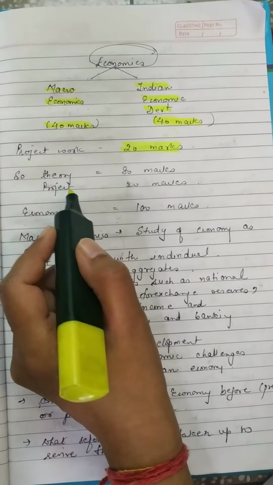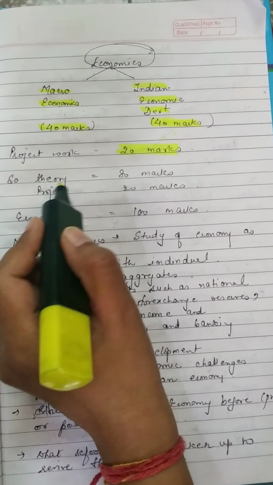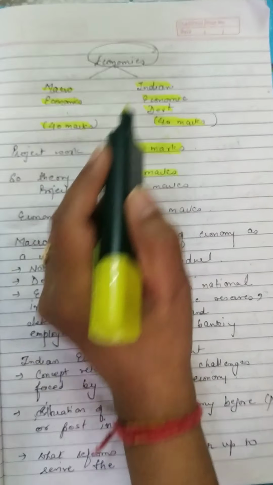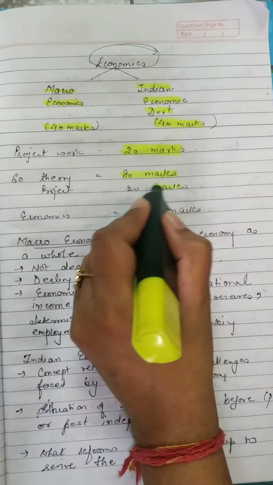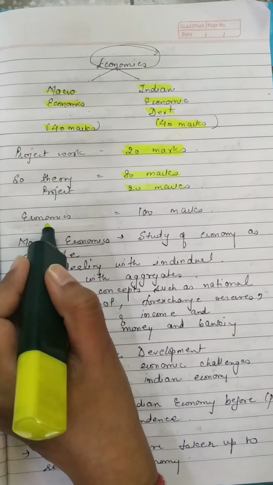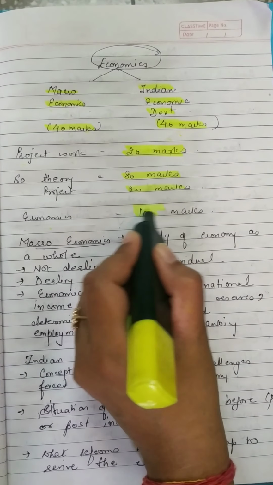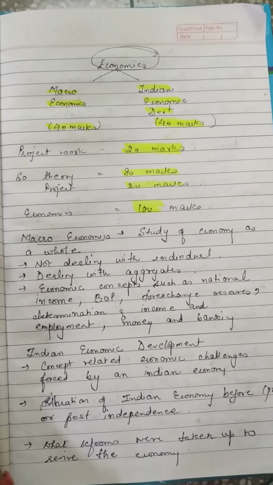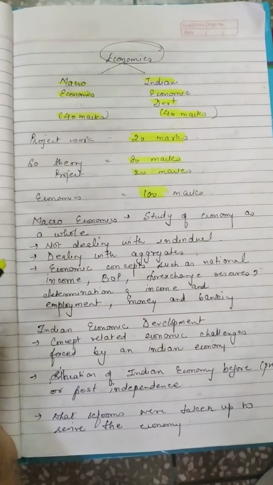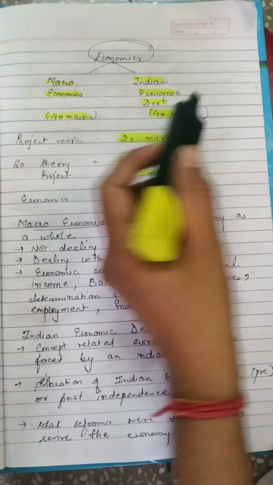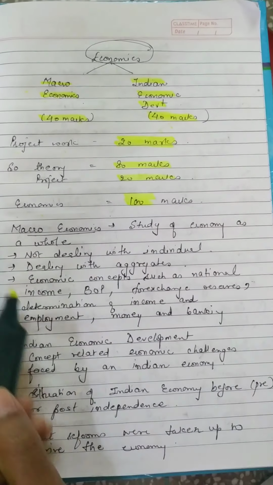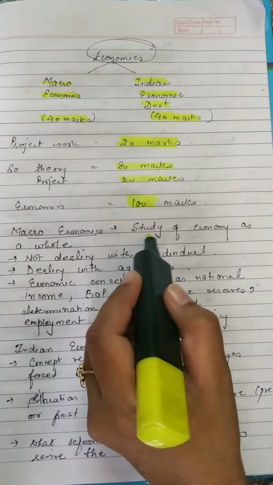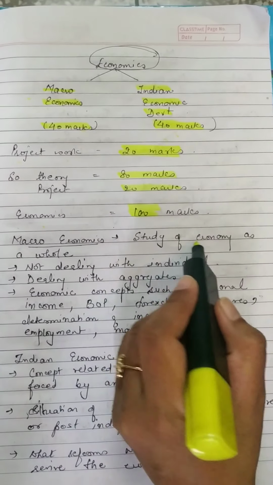So in compilation, the theory paper will come of 80 marks constituting both macro and Indian economic development, and the project work is of 20 marks. So in total, the economics paper is of 100 marks. Now this is very important for us to know what we are going to study under macroeconomics and Indian economic development. So under macroeconomics, as you all know, macro means we are studying the study of the